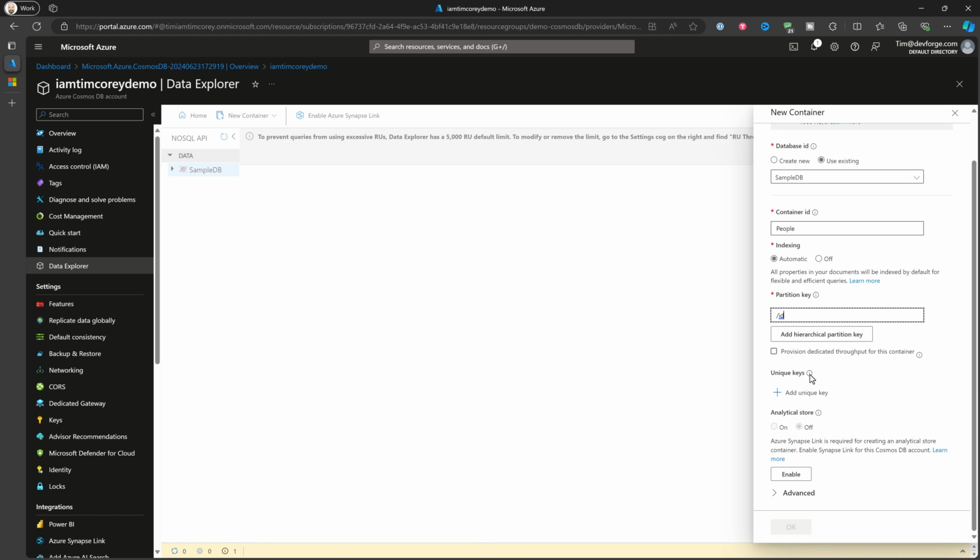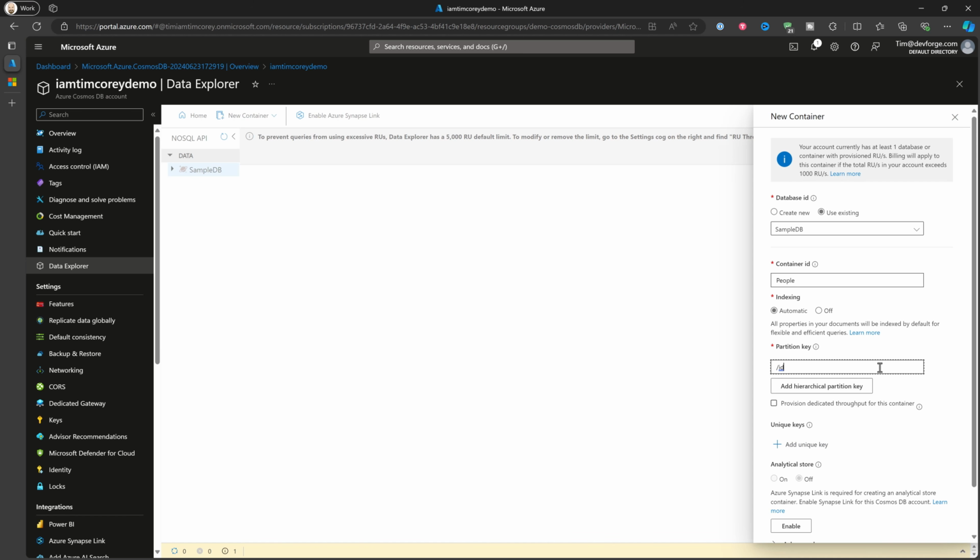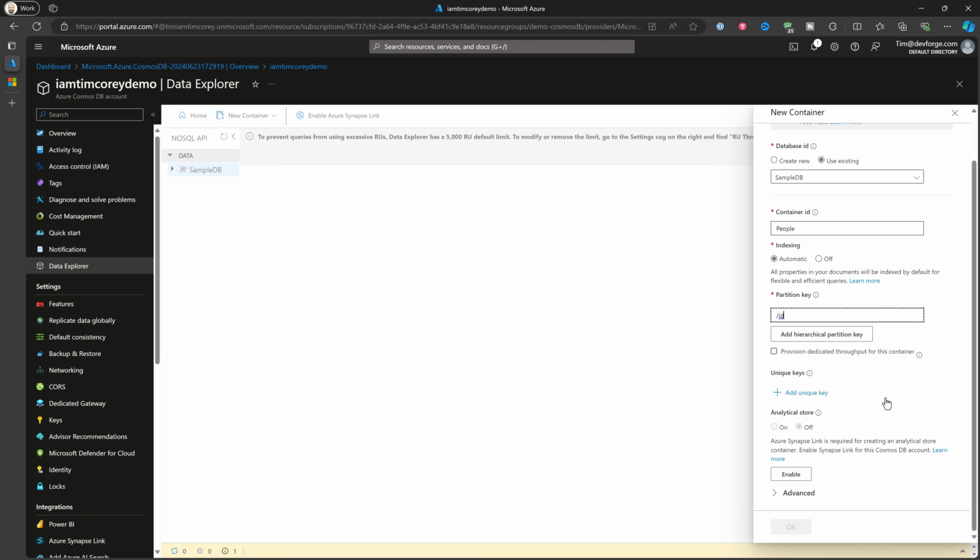We're not going to worry about unique keys here. This, again, could add another layer of ability to query things more easily, or we're not going to add the analytical store. Okay, so with that, it looks like,